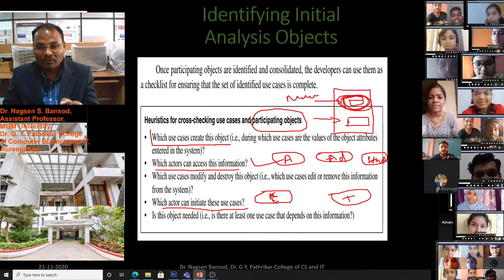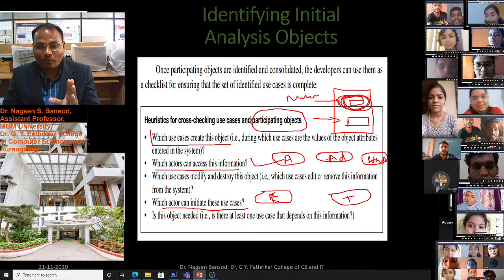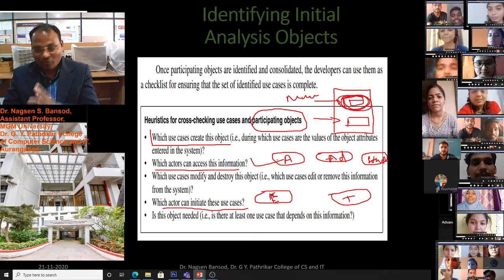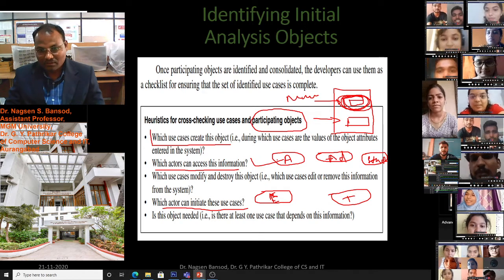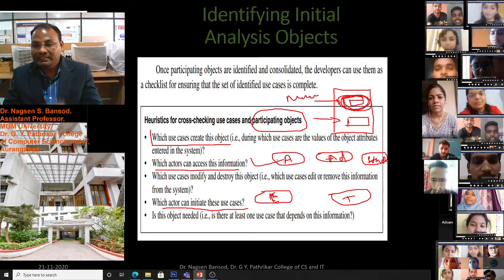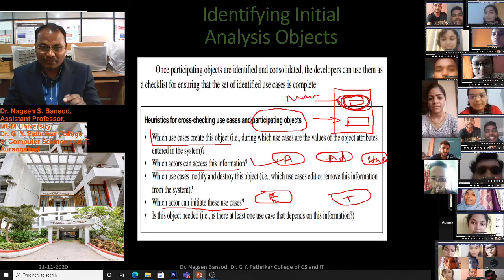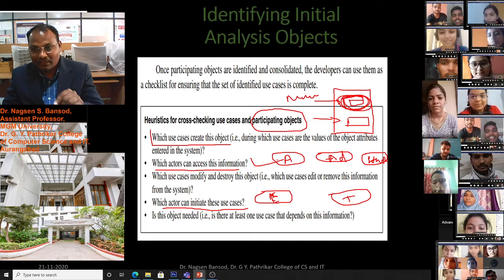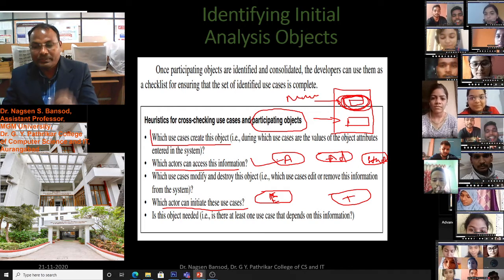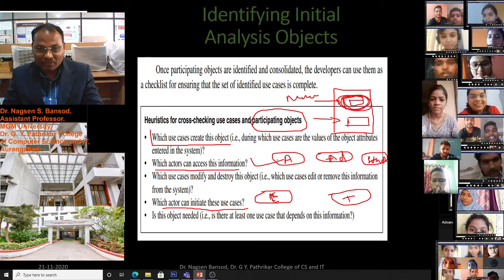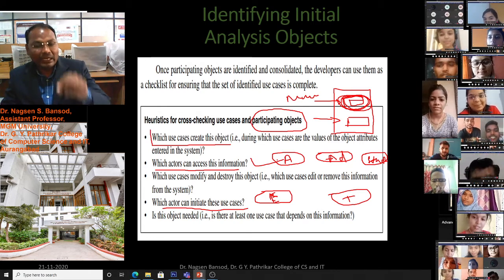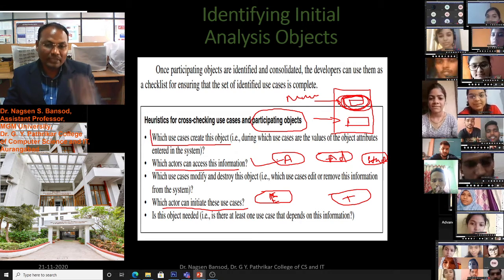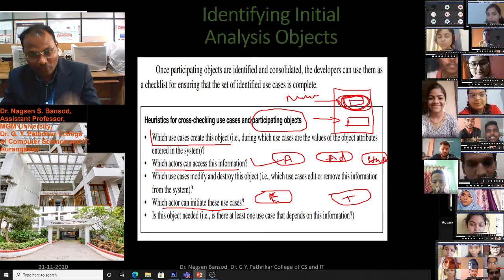Bona fide will be the use case, and who will initiate that? You will initiate. Though the authorized person like the principal or officers from the office can sign there, they can't initiate that stage. You have to initiate to take the bona fide certificate from college.